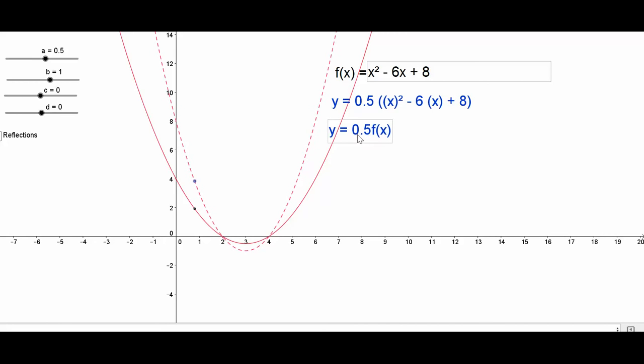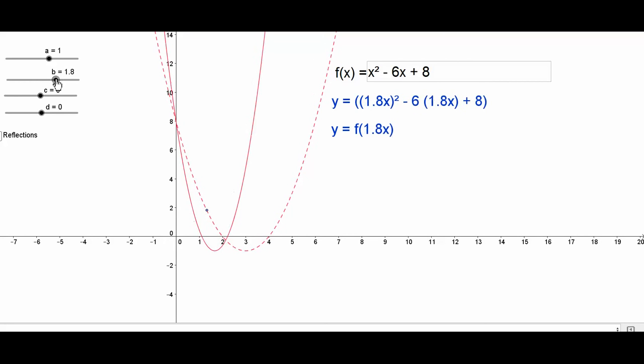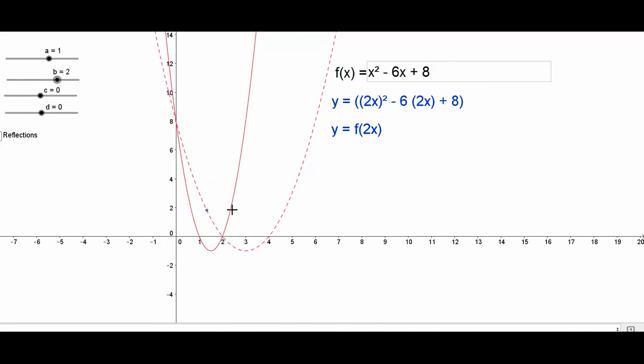And the equation is y equals a half f of x. You can also see the minimum point is about half as far from the x-axis as before. Notice that on a stretch, points that are on the x-axis itself stay where they are. They stay on the x-axis. If we multiply the x by 2, so we have f of 2x, we get this. F of 2x results in a compression